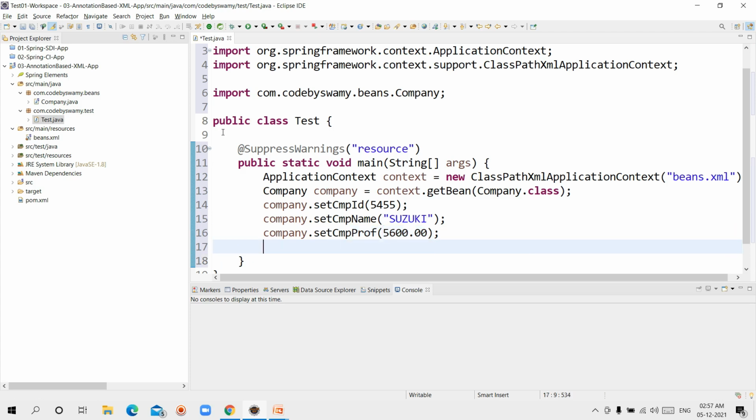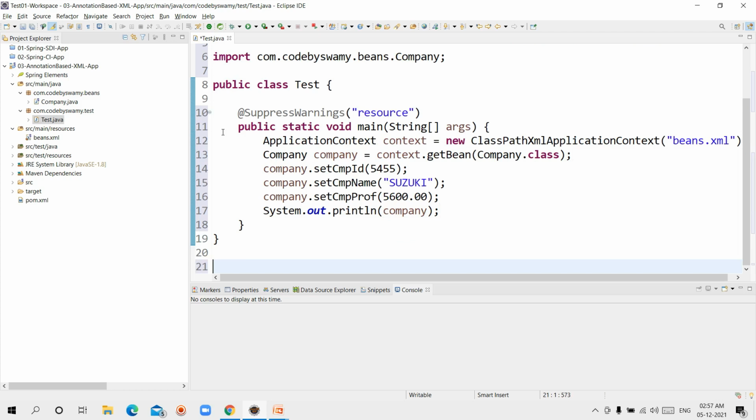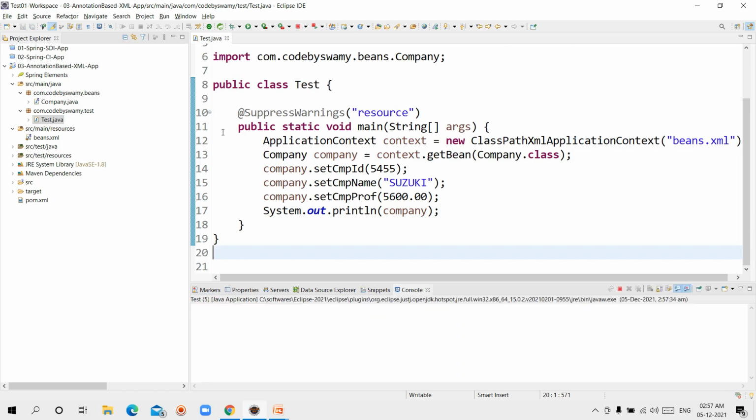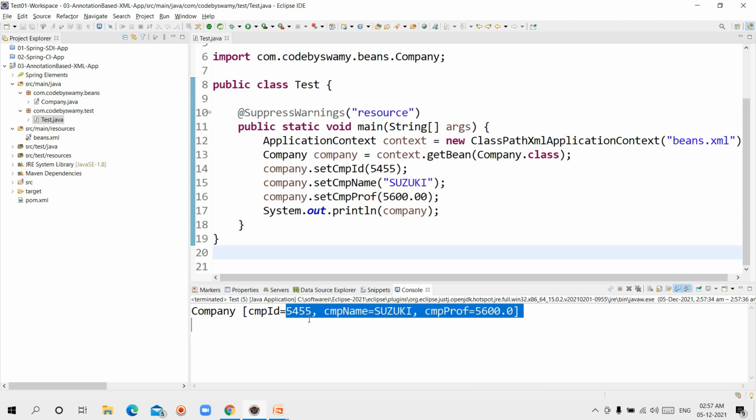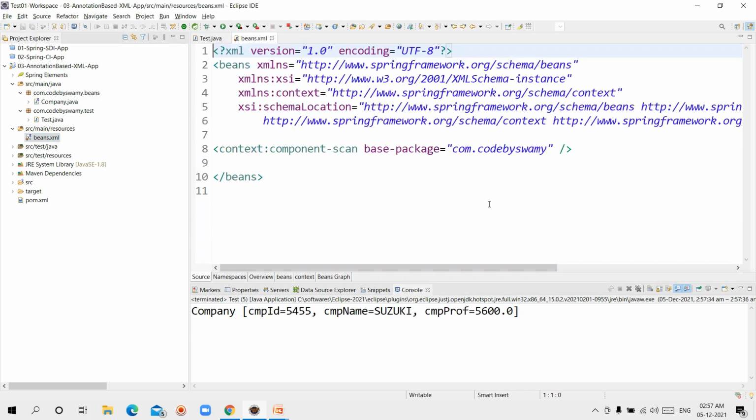Sysout company. Let's run the application. See, here the objects are injected, which means the data is there. Now I have done this with the XML approach.